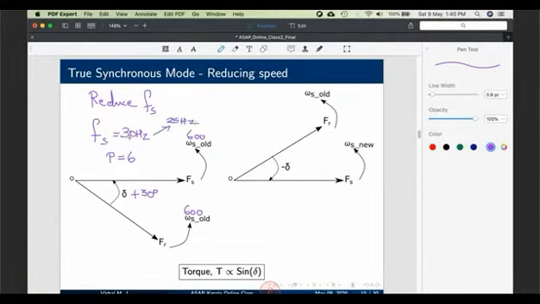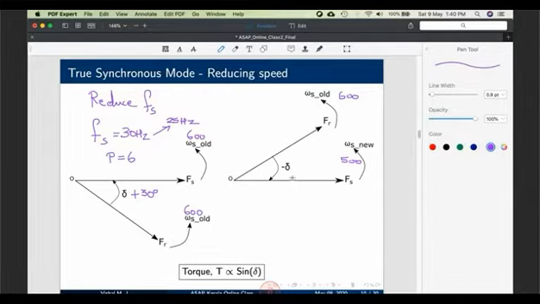What will happen? Your stator frequency has changed from 30 to 25 Hertz. What is the implication? The speed of the stator will now become just 500 RPM. And this happens immediately due to the same reason I explained in the previous slide. It is in the electrical domain, and hence electrical time constant is of the order of few microseconds. Okay, whereas this one will continue to rotate at 600 RPM. Why? That is in the mechanical domain. It cannot immediately change its speed because the mechanical time constant itself is of the order of a few seconds. So your stator speed is 500, rotor speed is 600, which means the rotor will accelerate,